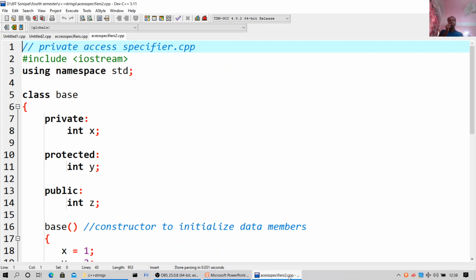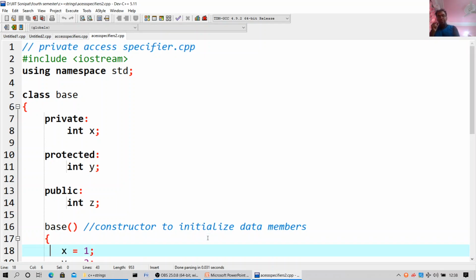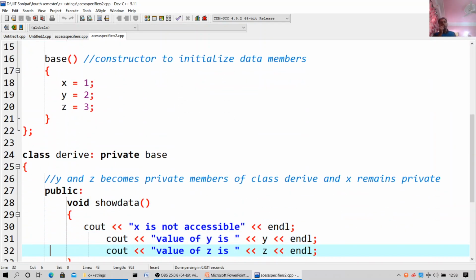This program will work. Include iostream, using namespace std, class base. Base is the name of the class. Private: int x, protected: int y. So x is private, y is protected, and z is public. x is equal to 1, y is equal to 2, z is equal to 3. Class derive: private base.